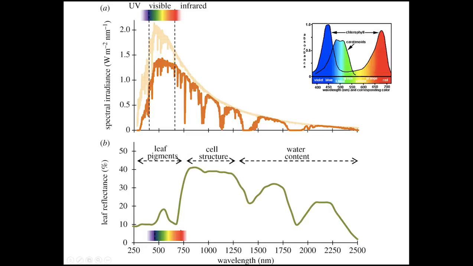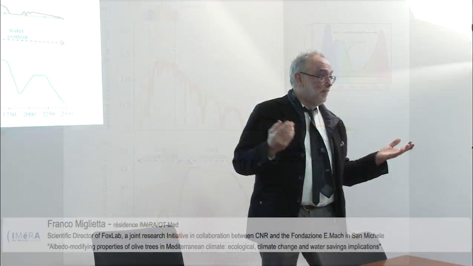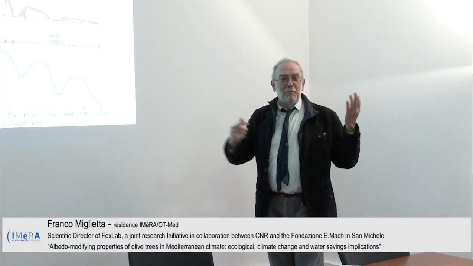This is a typical diagram of the vegetation. You see here is the visible part of the light spectrum, so what we can see, the colors that our eyes can see, and all of this we cannot see, but this is light or energy which is reflected back to space. And the plants are here. They reflect most of the light in the green region of the spectrum, and that's why the plants are green. That's why our planet is green.